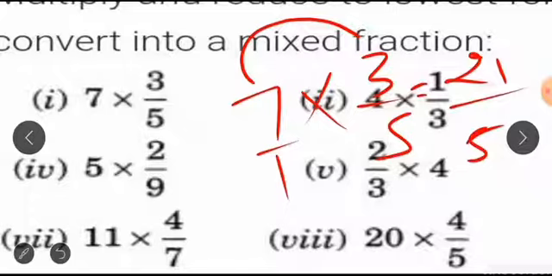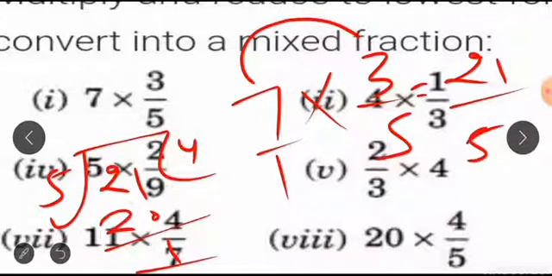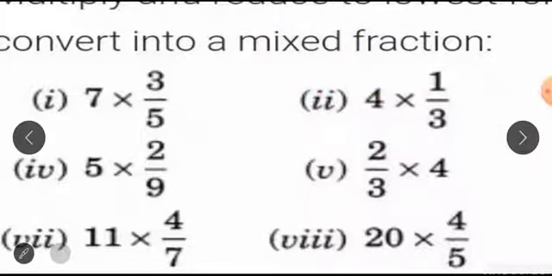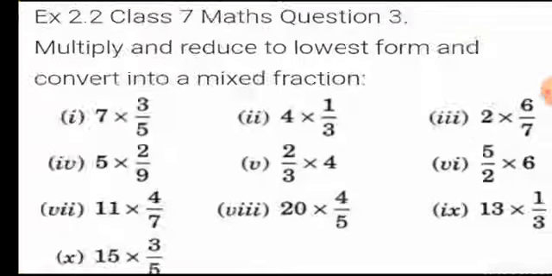So what will we do? We will convert into a mixed fraction. So you can write down 21 divided by 5. So 5 4s are 20 and 1 is the remainder. So how can you write it in mixed fraction? You can write 4 whole 1/5. So this is the solution, students, for the first part. In the same way, students, you can solve the other parts. Look at one more part I am explaining here.